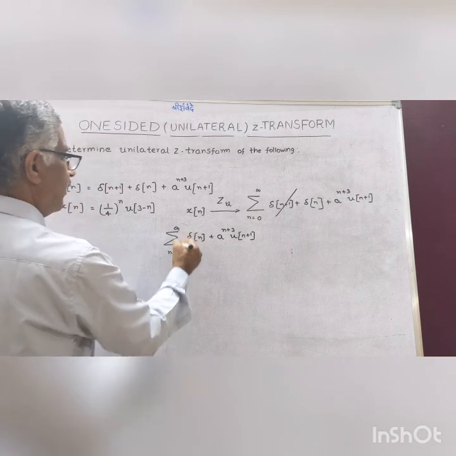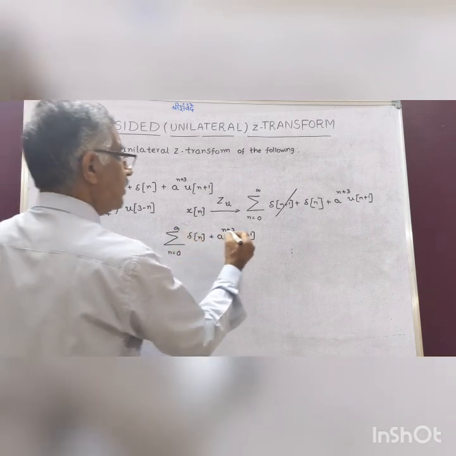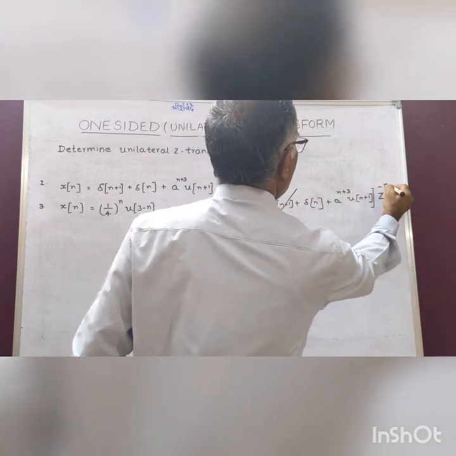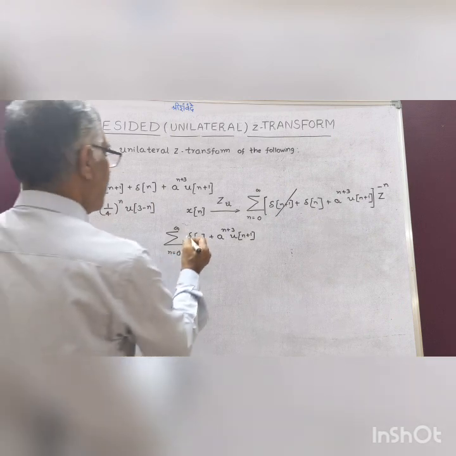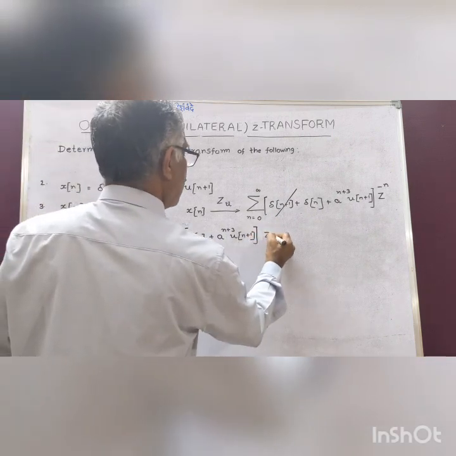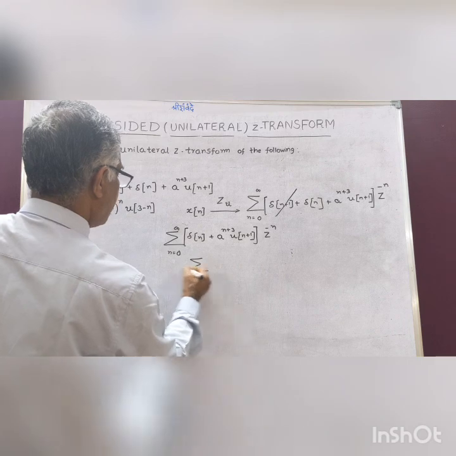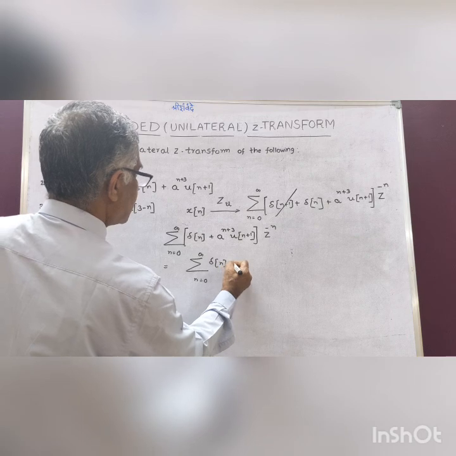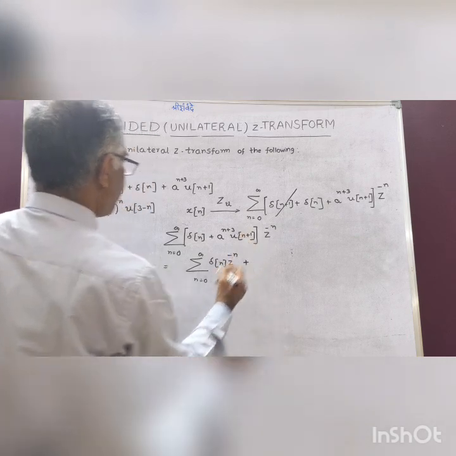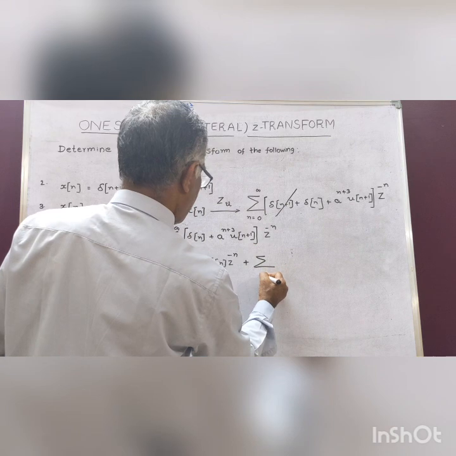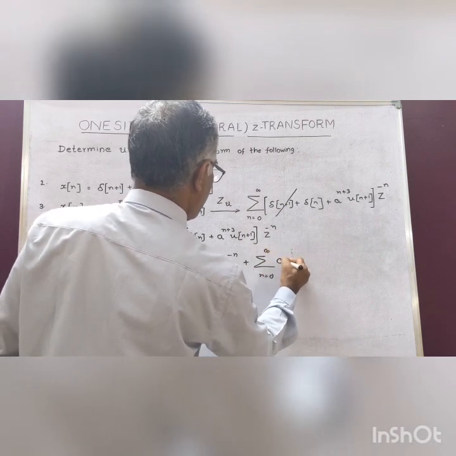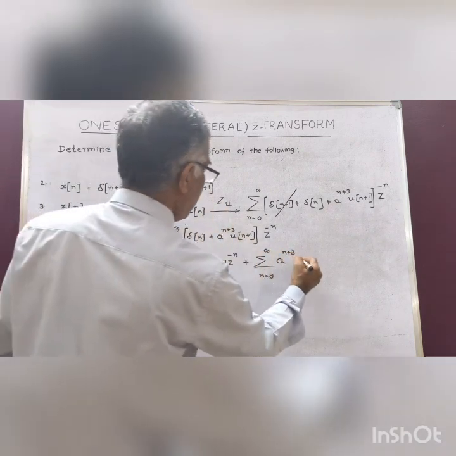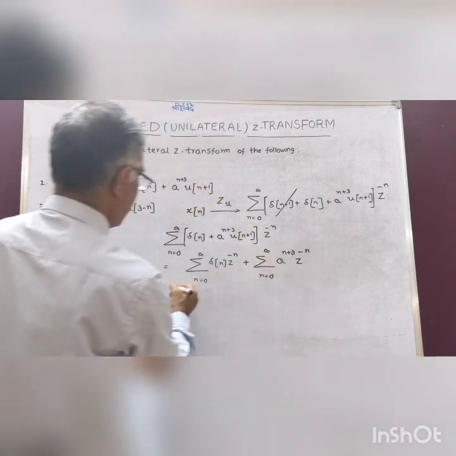Now for the sum from 0 to infinity, the Z transform kernel is z to the power of minus n. So this reduces to the sum from n equal to 0 to infinity of delta of n z to the power of minus n, plus the sum from n equal to 0 to infinity of a power n plus 3, and u of n plus 1 has value 1, times z to the power of minus n, equals